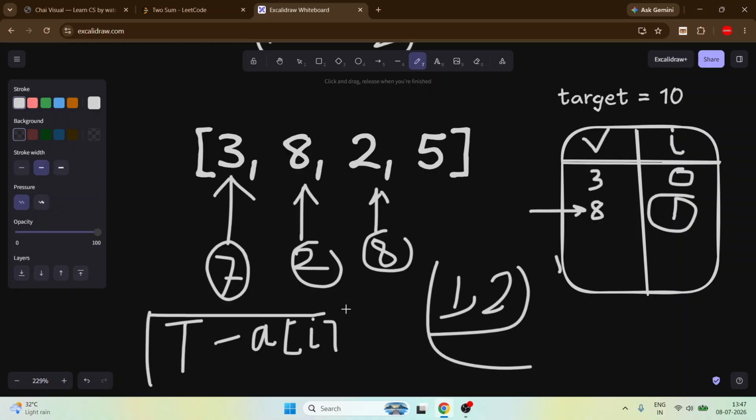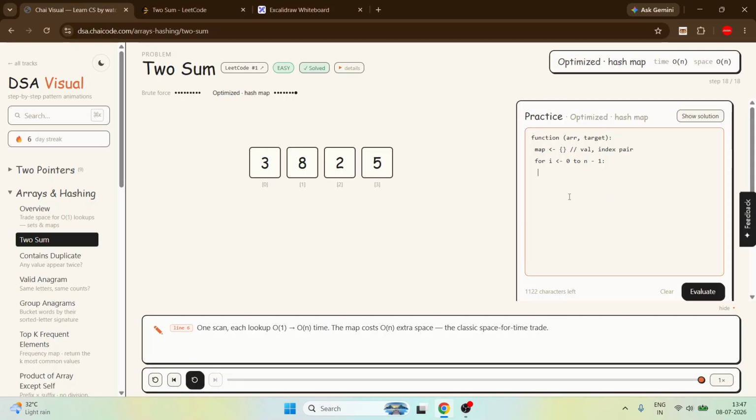So this should be the formula: target minus the element. First calculate the remainder, how much remaining portion we need, that is target minus that element.